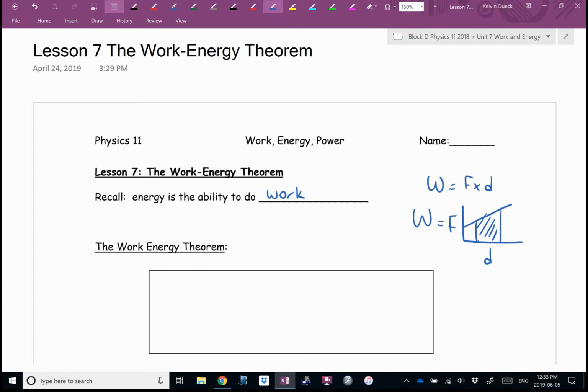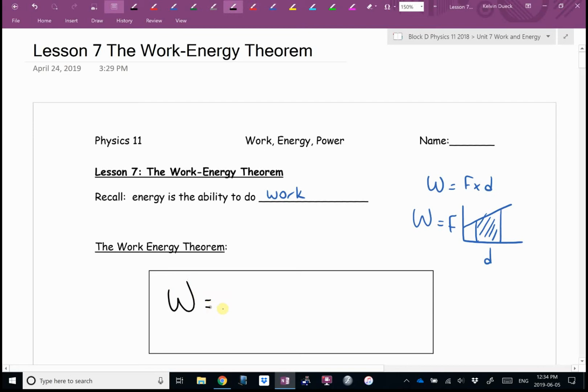Today, we're going to look at the work-energy theorem. This is the best definition of work, but, no pun intended, it's also usually the most work, most writing. But what's nice about it is it's an equation, a concept that relates work and energy. It's why it's called the work-energy theorem. It says this: yes, I know work equals force times distance. Yes, I know work is the area underneath the force versus distance graph, but